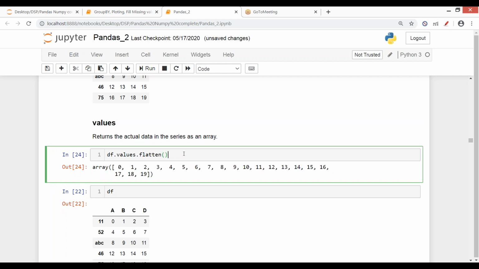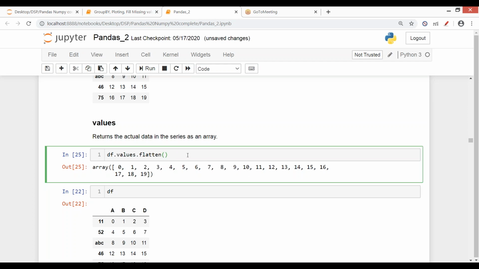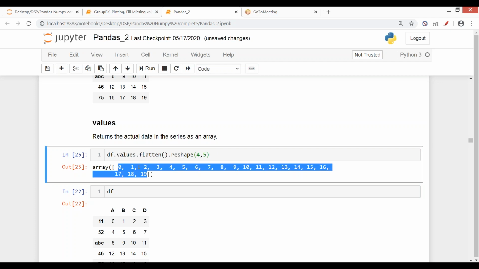But we do not have anything here. Let's say if I do the transpose now, you see, it does not work this way. So using transpose, I cannot reshape it. In order to have 4 rows and 5 columns out of this, I need to do a reshape command. What is the number of rows I want? That is 4, and the number of columns I want is 5. One mandatory thing is that 4 into 5 is 20, and I should have 20 elements in this flattened list.